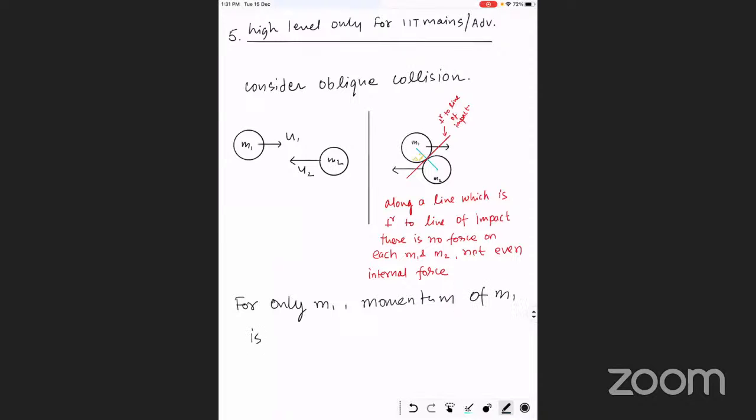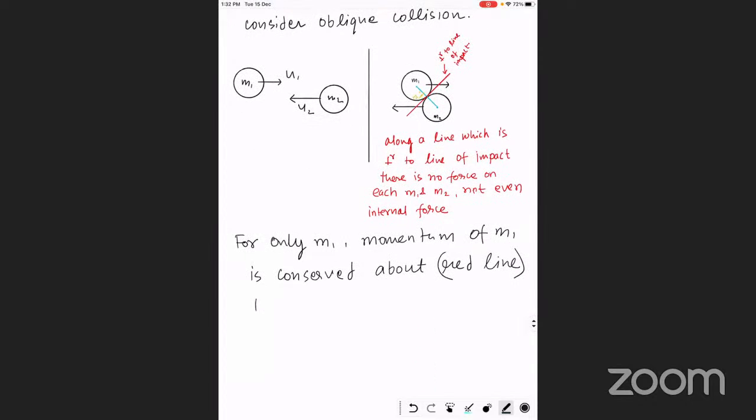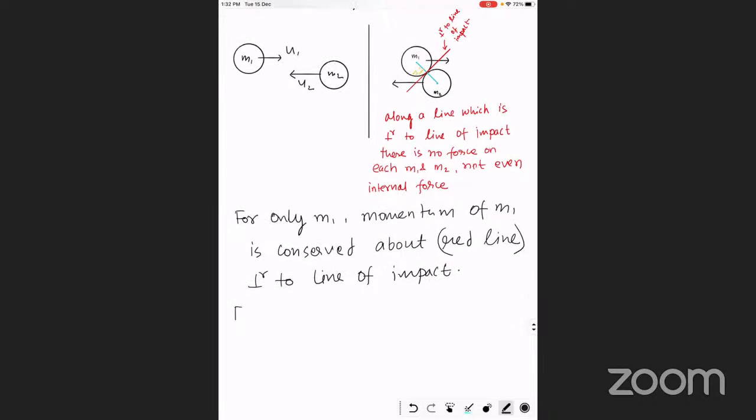Momentum of M1 is conserved about which line? Blue line or red line? Red line. Now, the red line is a line perpendicular to the line of impact. So now if we talk about only M1, or only M2,